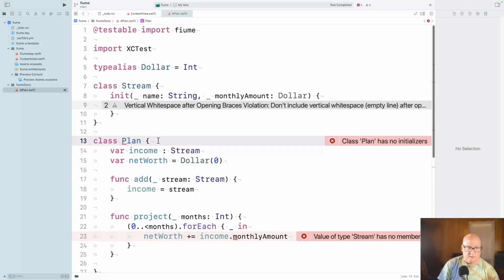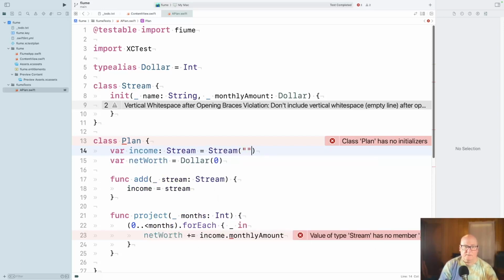Okay, and then plan. Income of stream. I'll just start it off with an empty one. Okay. And then I need monthly amount.